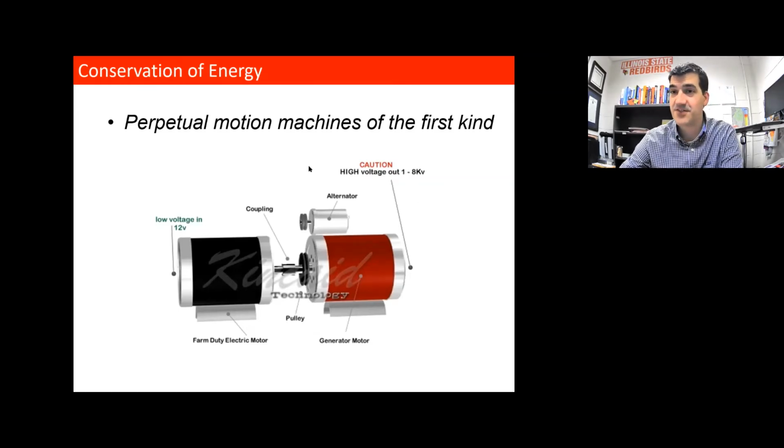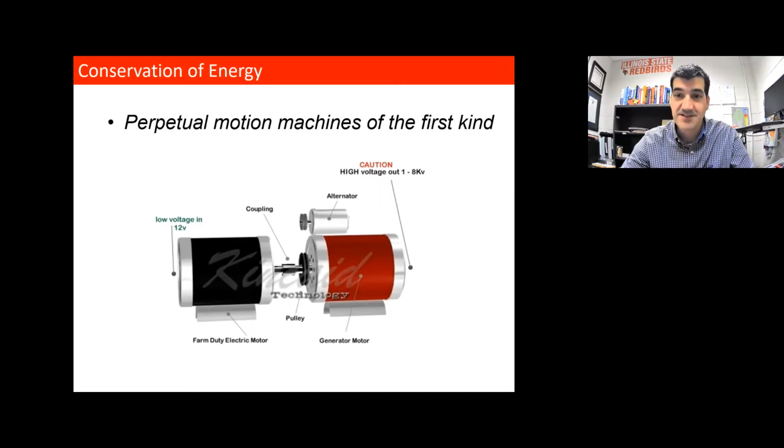right? So that's a good thing. You're getting more out than you have to put in. That's good. Except it doesn't really work that way. The problem is, well, there's several problems, but one source of confusion here is that voltage is not the same thing as power or energy. So just because you're getting a higher voltage output doesn't mean you're getting more power or more energy output from